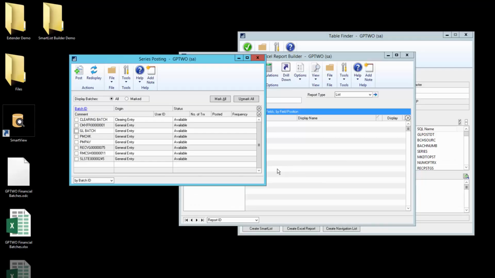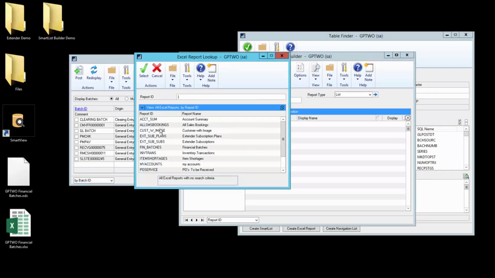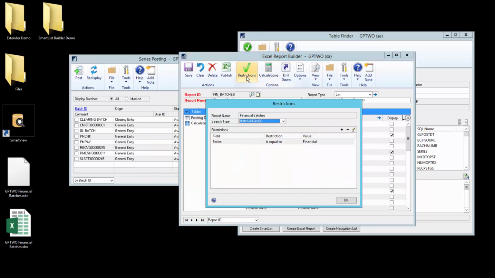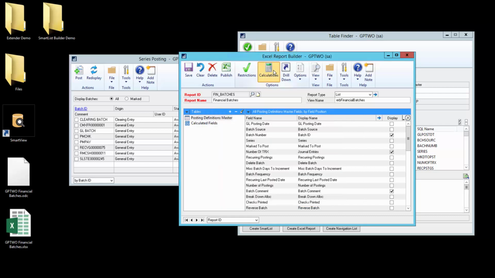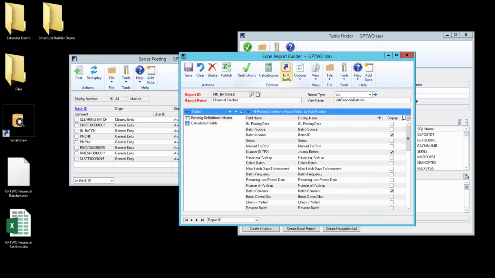So we'll save that. Back in our Excel report builder setup, if I just pull that up again, you will see that we have the restrictions here as well. We don't have that user option on the bottom half of that window because we're not using GP users, but we do have all those restrictions. The calculations are exactly the same. We still have those available to us. Instead of the go-tos, we have drill downs. Same functionality, but we're going to use Drill Down Builder to create those here in just a minute.